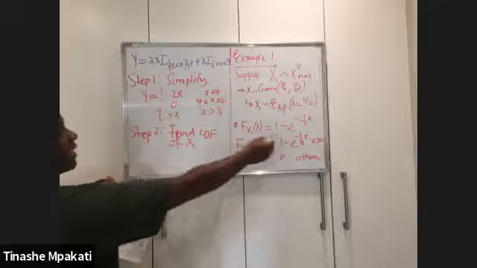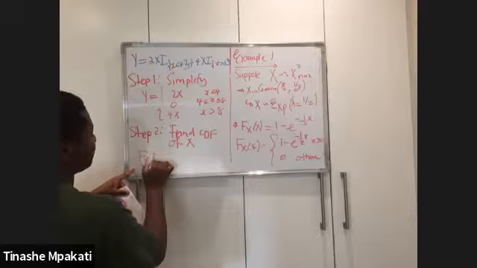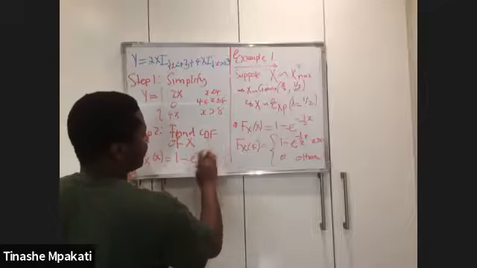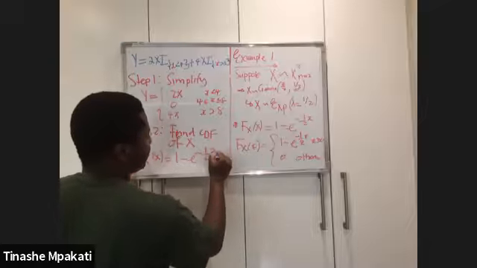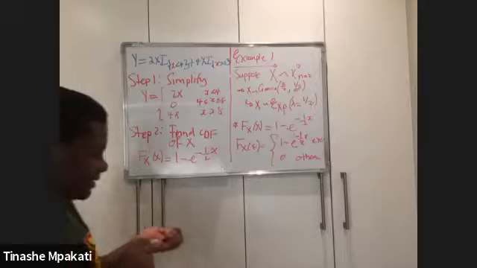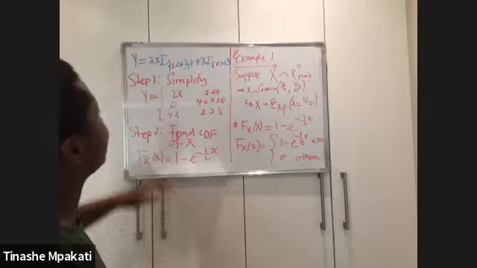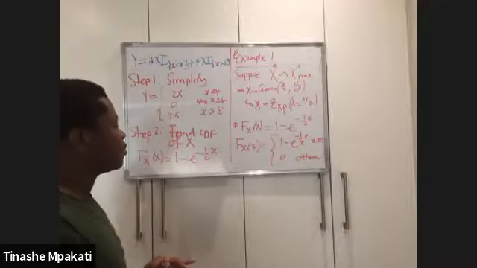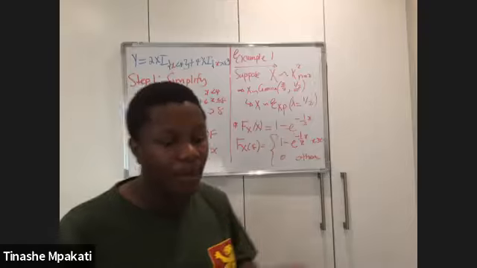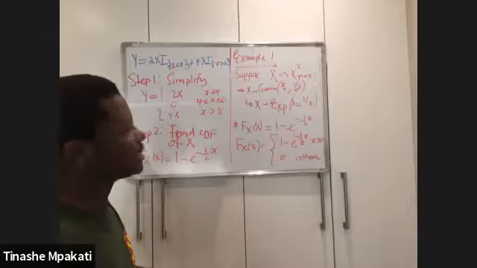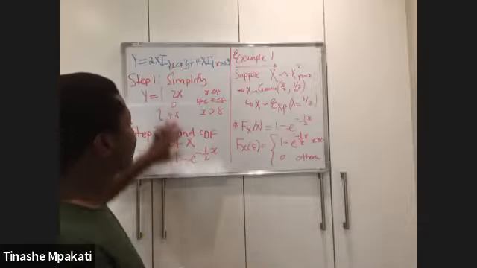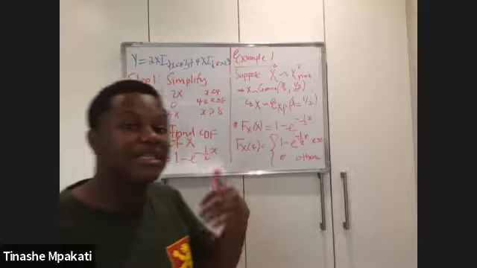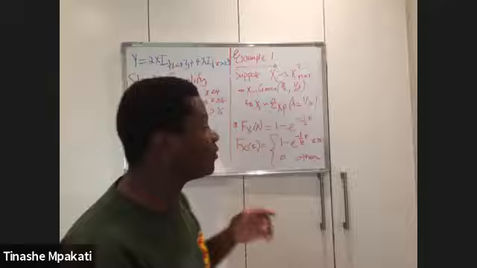This is something that we've already done there. We have our CDF of x, which is equal to 1 minus e to the power minus, our lambda is given as half here, and we have that. The reason we find the CDF of x is that, if our y is given in terms of x, whatever distribution of y we get will have some relationship to the CDF of x. So I'm getting the CDF of x in advance, because we are definitely sure that at some point we are going to use it, right?